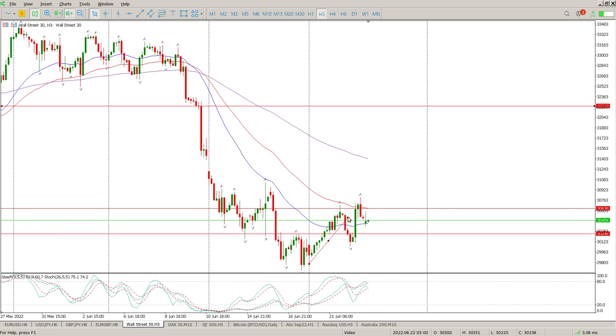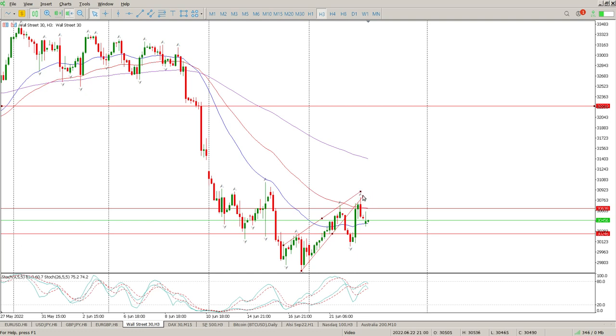Here is the flag break. So that's the bottom end of the flag. And let me just put the top end of the flag so everybody knows what we're talking about. There's the top end of the flag. So flag break, double bottom here, break and retest. I suppose you could argue that's a retest. Not good enough for me, but anyway, it has played out, and as a result has basically tested the flag